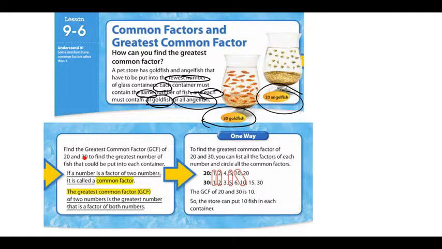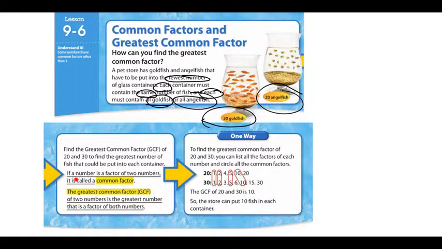of 20 and 30. So we know what factors are, and if they're common factors, that means it's a factor they have in common. Okay, and the greatest will be the biggest or the largest factor that they have in common. So the greatest common factor of 20 and 30 will give the greatest number of fish that could be put into each container, because the more that we have in a container, the less containers we will use,